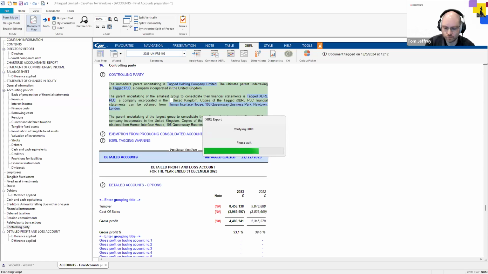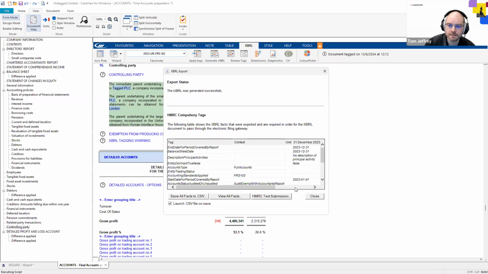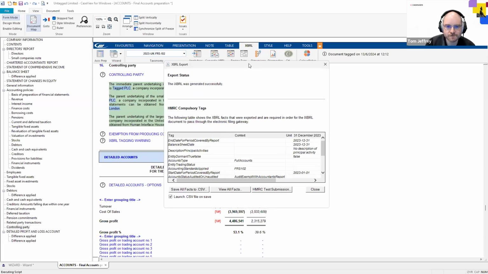So we are just going to wait for that to finish. It shouldn't take too much longer. This process of generating the export will vary, a bit like the tagging process will vary depending on the size of the file. This isn't a particularly large file, but if you have got a larger file, it will take longer. Thankfully, we've got a successful export status, and this will confirm with you a set of compulsory